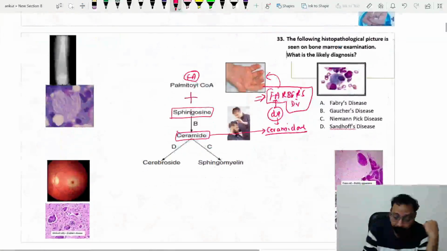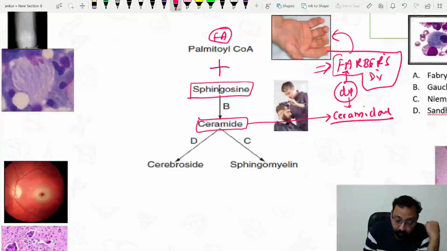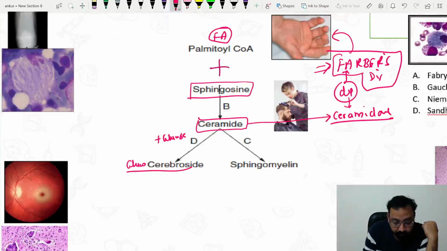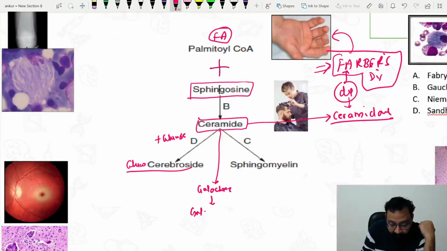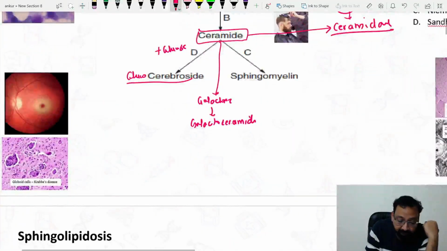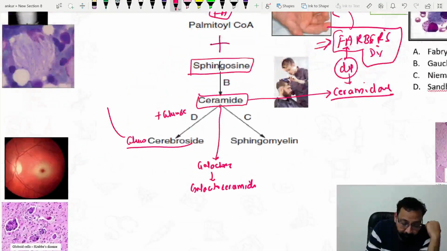Now, ceramide binds with glucose to form glucoceramide. Ceramide can also bind with galactose to form galactoceramide. Glucoceramide is metabolized by